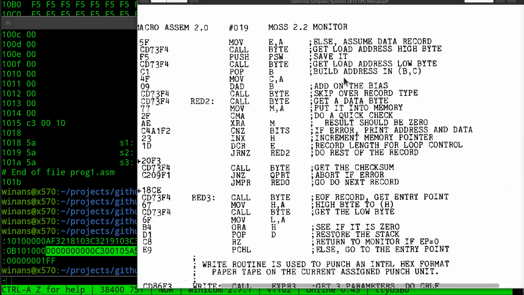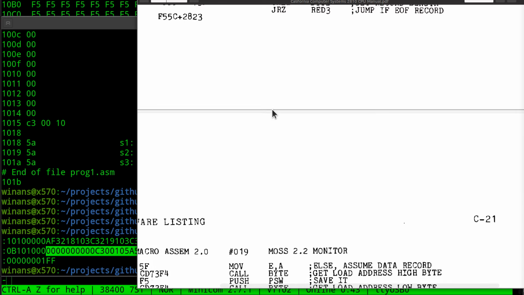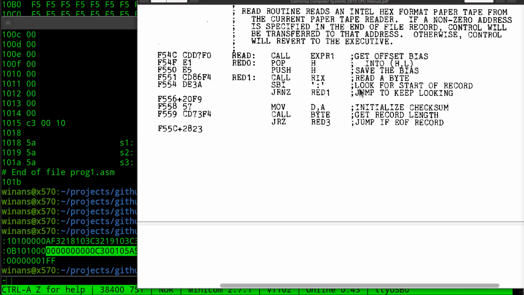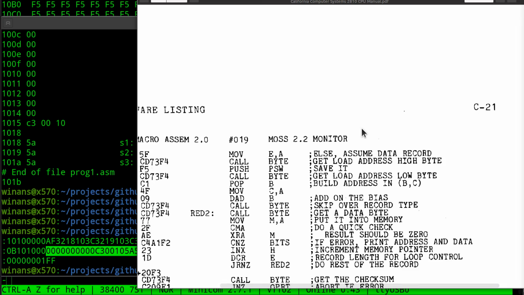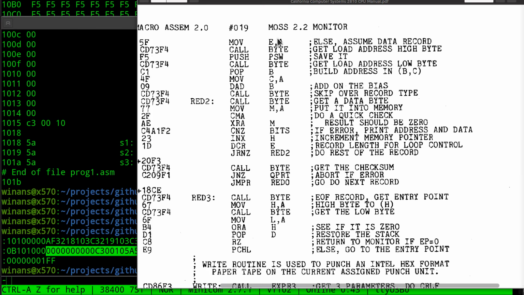Okay, so it's reading all this junk in here. It gets a data byte. In the byte routine, like I said, what it's going to do is read 2 characters, convert it from printable hex to binary, and return it back in the accumulator. Okay, what does he do? He puts it into memory at the address in the HL register, which it must have loaded up here when it read in right here. When he read in the stuff here about the so-called load address, he puts it in BC, and